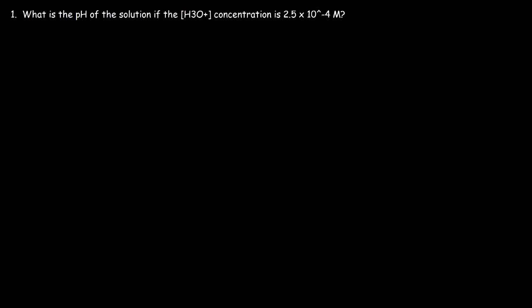In this video, we're going to talk about how to solve some very basic acid-base problems in chemistry, like this one. What is the pH of the solution if the hydronium ion concentration is 2.5 times 10 to the minus 4 moles per liter? So I want you to be familiar with some common equations and how to use them. The first formula you need to know is that the pH is equal to negative log of the hydronium ion